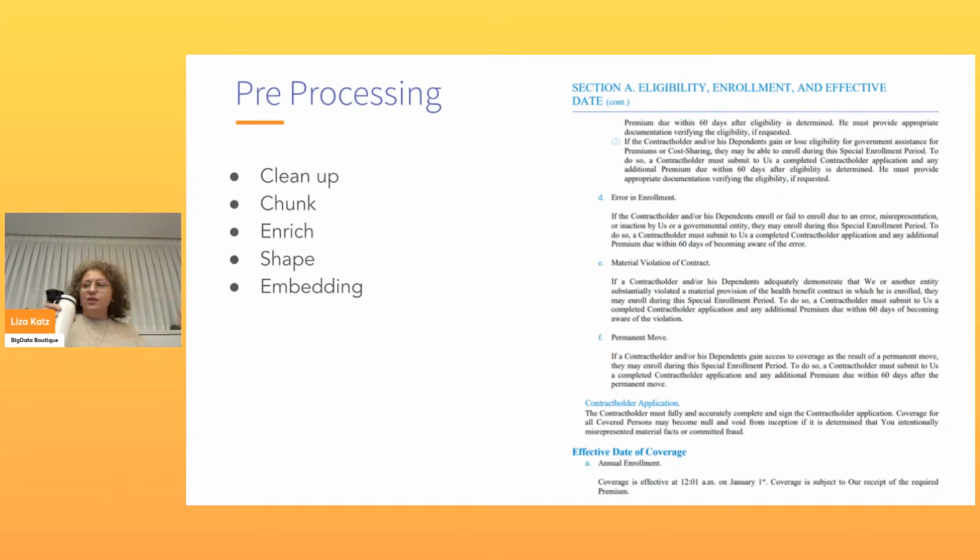So with that in mind, we've seen our data. This is the part where we start pre-processing. This is the actual work. So we're in stage 1, we're pre-processing our data. And the first thing that we're going to do is to clean it up. We already said, we know in each type of document what's the relevant information. We can remove it. And then once we have it, it's still probably a very large blob of text, right? Like an insurance policy can be 50 pages long. Even if we remove the irrelevant parts, it's still 40 pages.